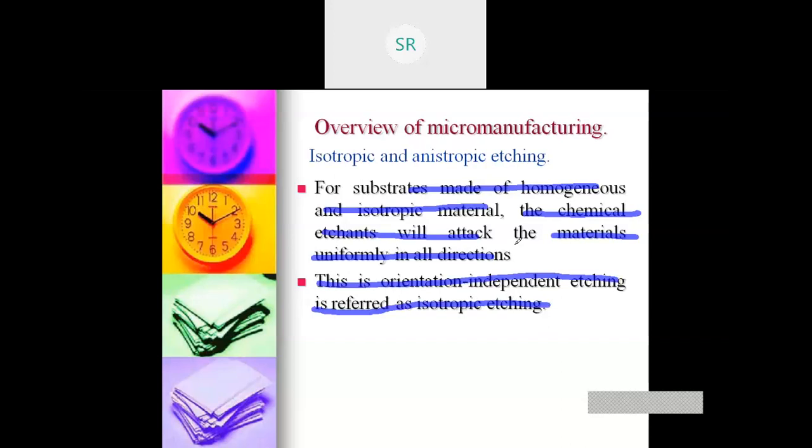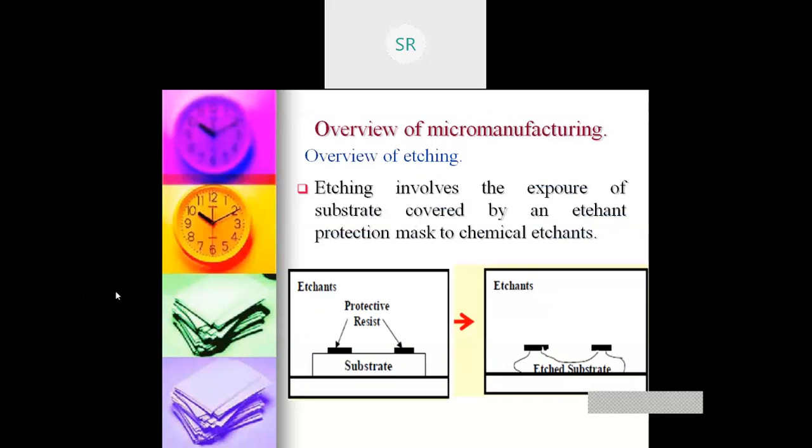This means my etching is the same in all directions. My etching is the same here, and the same here.